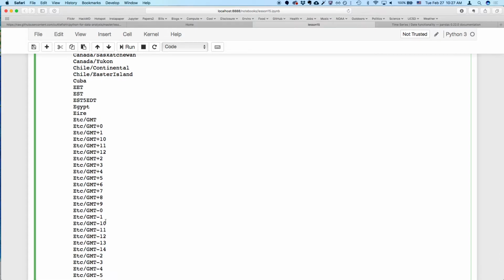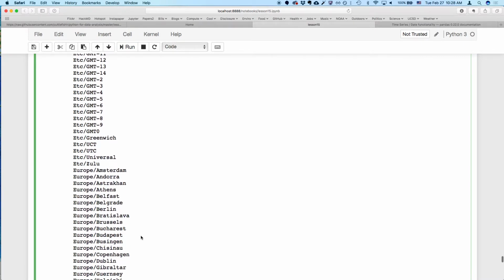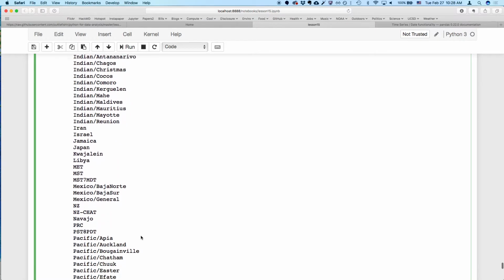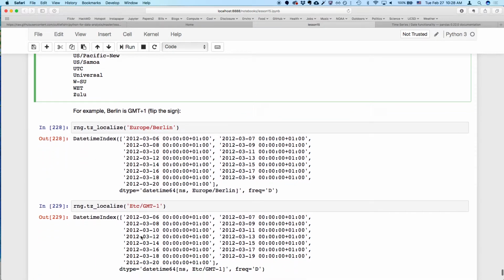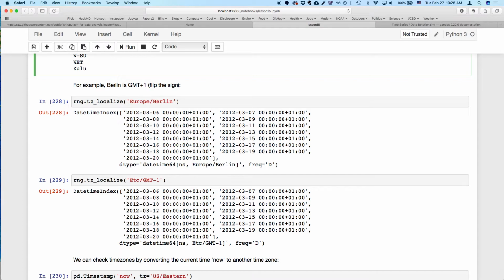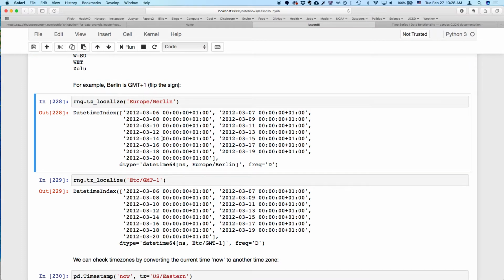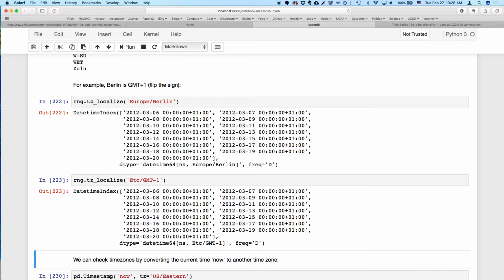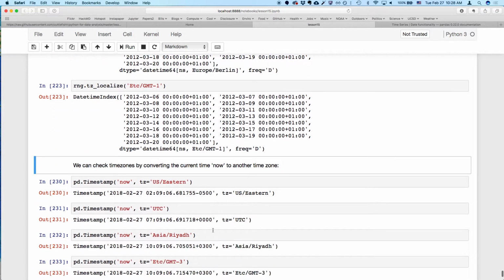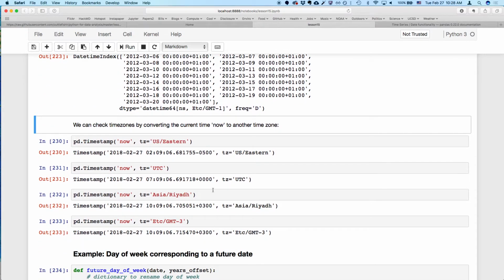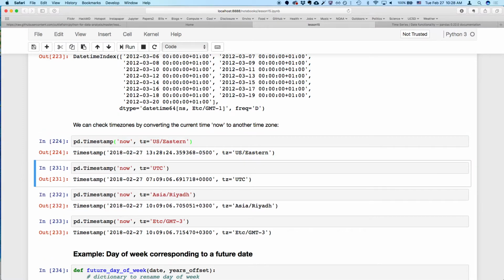Including all these GMT plus and minus offsets, which are just kind of handy. So we can either specify the actual city, or if we know the GMT, it's the same. So if we wanted to know